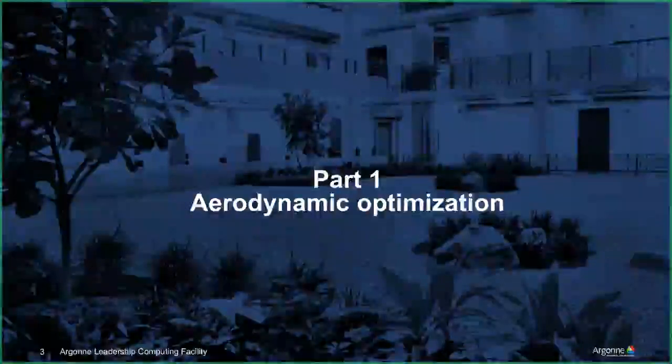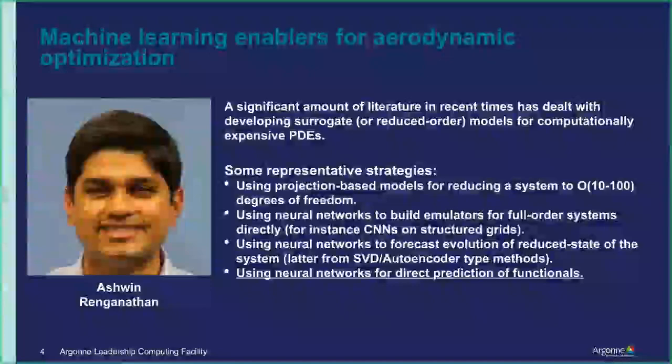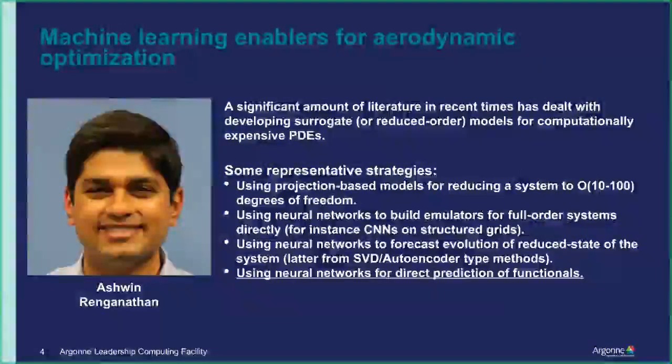Okay, so let me start with part one. This is related to aerodynamic optimization. This is work done with MCS's very own Ashwin Raghunathan, looking really happy over here, probably because of the quality of work that we've been doing recently. And what we want to do in this particular work is come up with a framework that helps us find the optimal shape of a transonic airfoil, but not have to go through the painstaking process of actually doing a CFD or a PDE-based system solve every time we want to